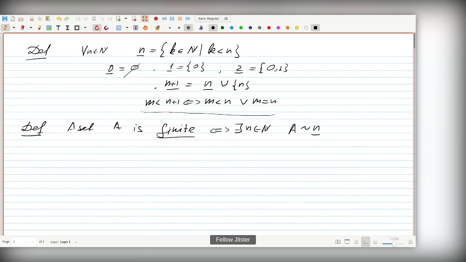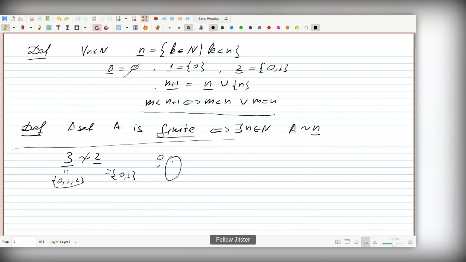Of course, if we consider some particular numbers, we can prove it by a brute force approach by considering all functions, say, to show there is no bijection between 3 underlined and 2 underlined. So how can one have, say, an injection? Here lies the problem, an injection from this set to this one. If we try to construct one,